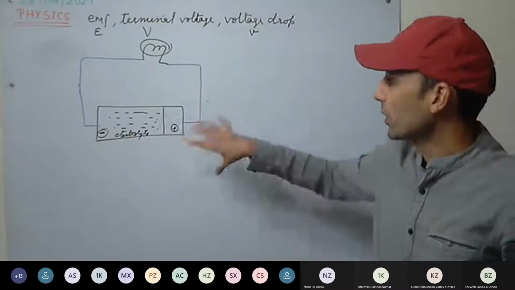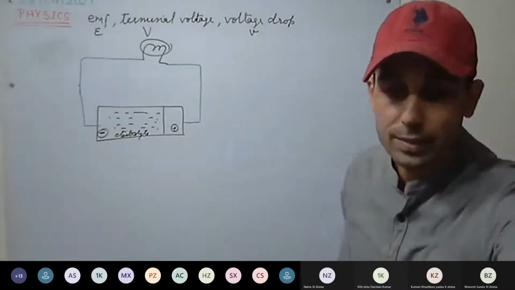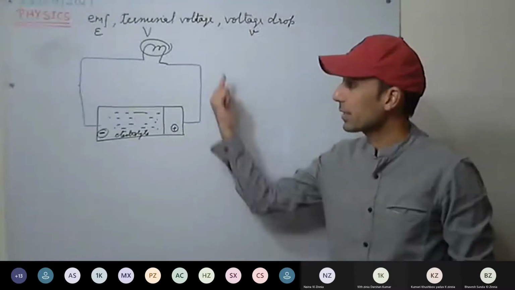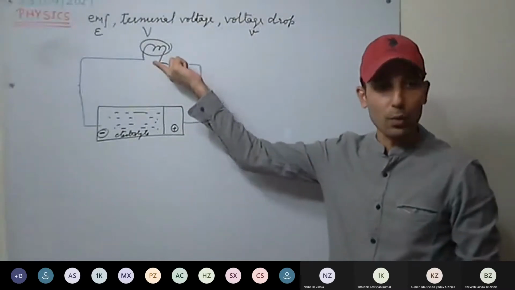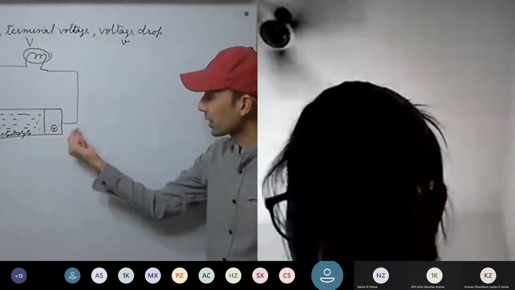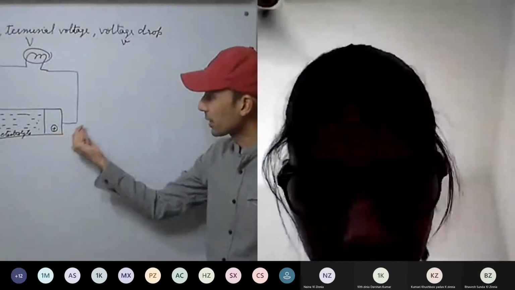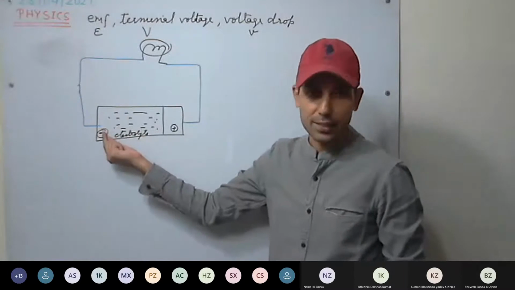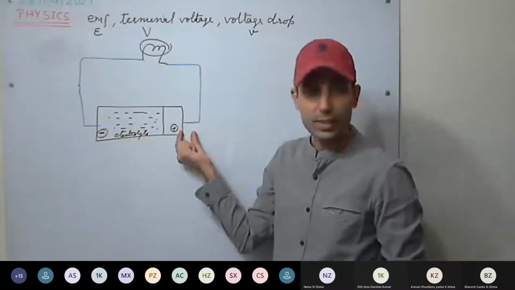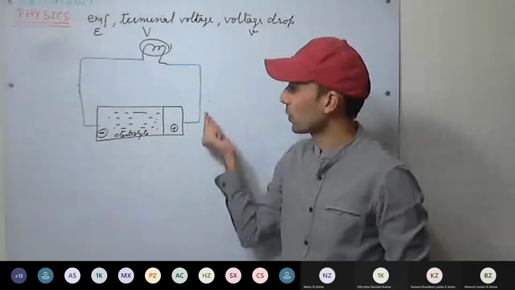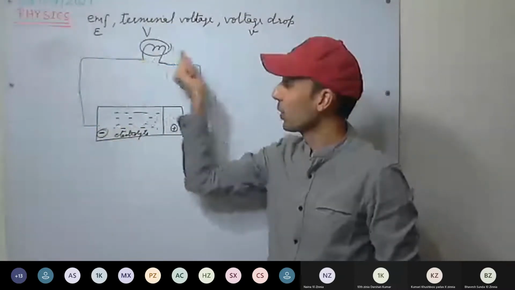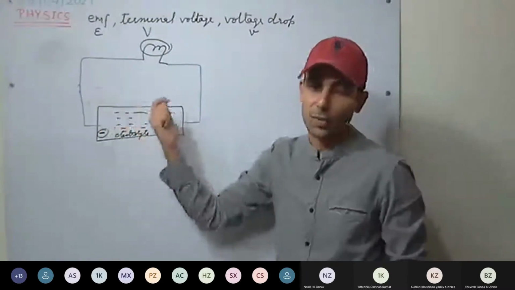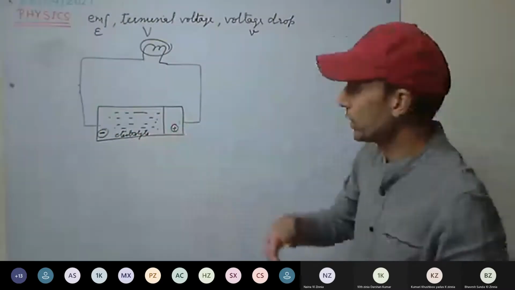Now see here what will happen. As the circuit is closed, the bulb will glow. How is the bulb glowing? Current is flowing through this. That is, electrons are moving. At the negative terminal there is an excess of electrons, a high concentration of electrons, and here a deficiency of electrons. Electrons flow from negative to positive terminal, or we say positive charge flows. So we will be discussing flow of positive charge.